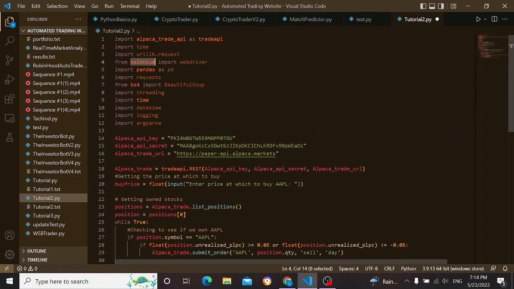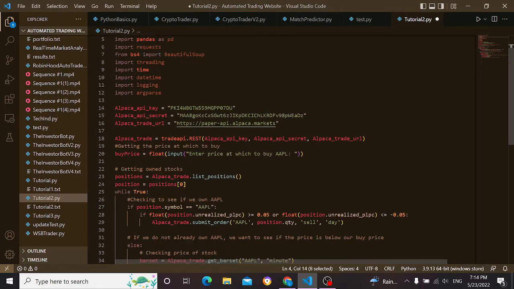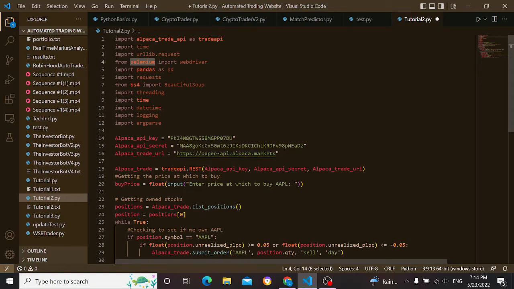WebDriver. So what that's going to do is that's what's going to open the pages. And when I say headless, what I mean is it's going to open it up in the background, so you're not going to see the web page. I might recommend leaving it so that you can see what's going on while you're testing, because if you do this